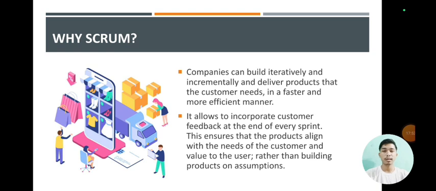So each time you show them at the end of the sprint, ipakita nimo ang unsay progress sa inyong team, the customer can tell you kung ganahan ba sila ani or they want something different pa ba kaysa sa gigama sa team. So that way,